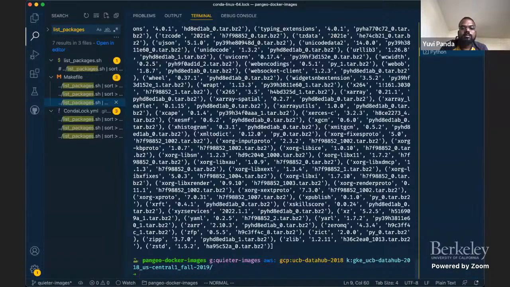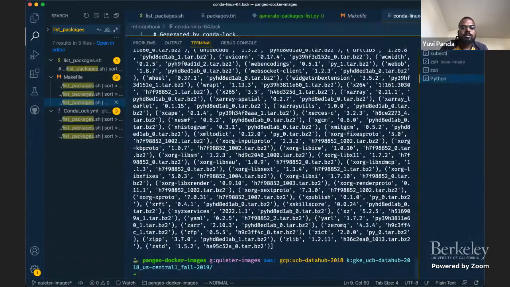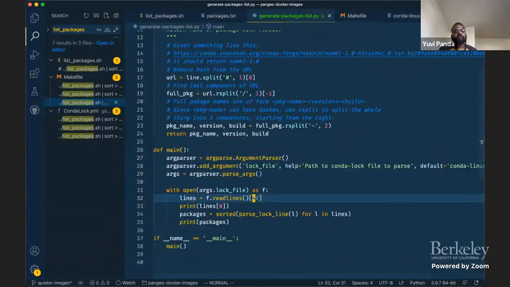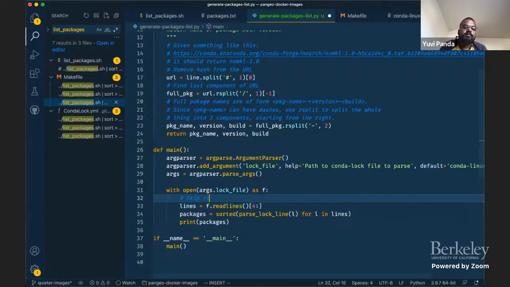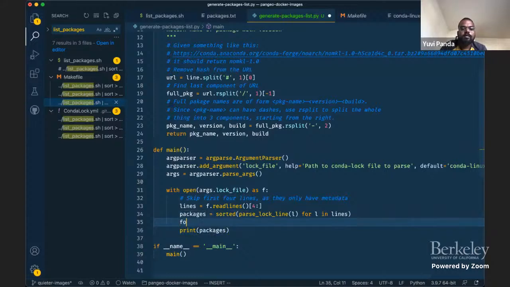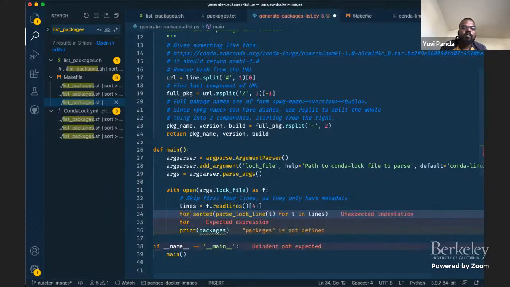I can never tell. Great. Perfect. Skip the first 4 lines. They only have metadata for package name, version, and